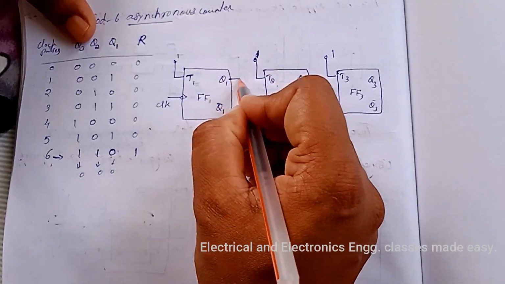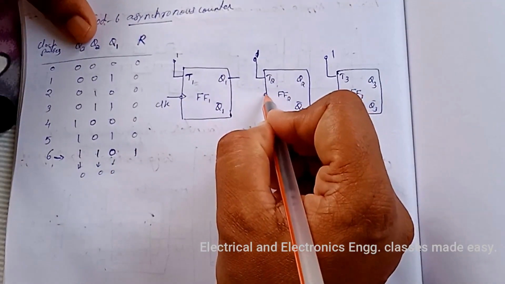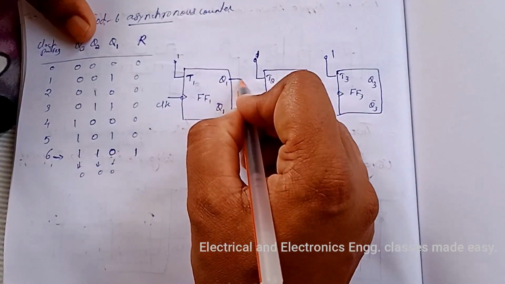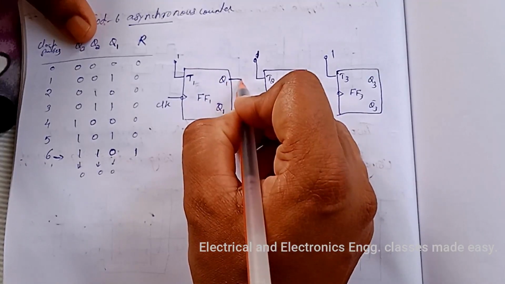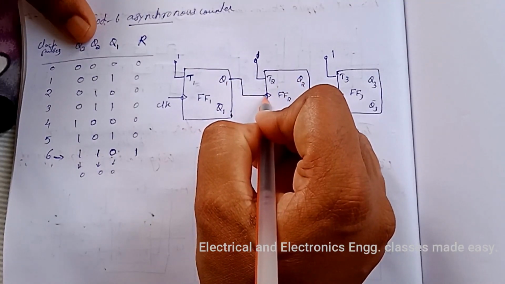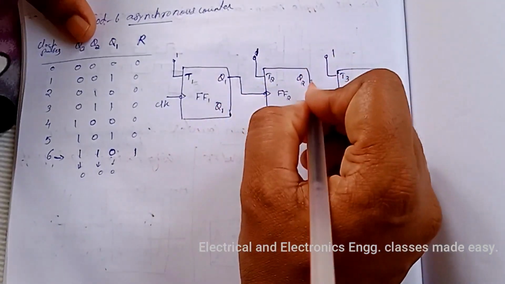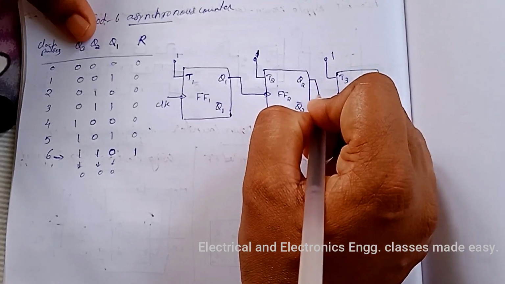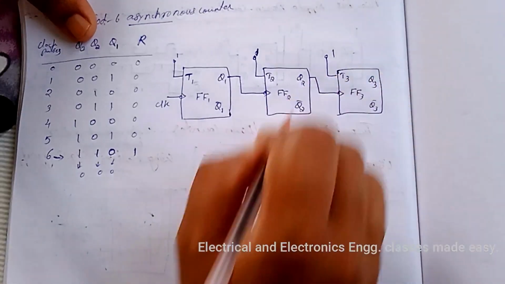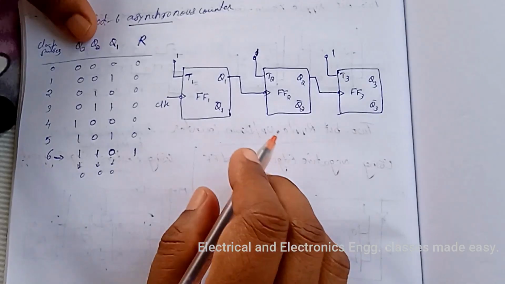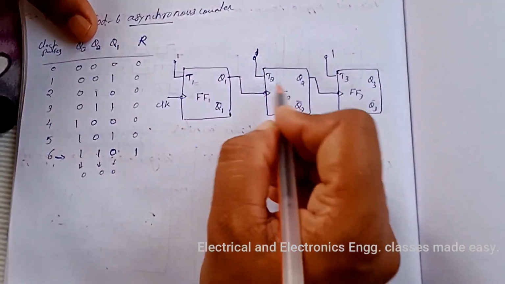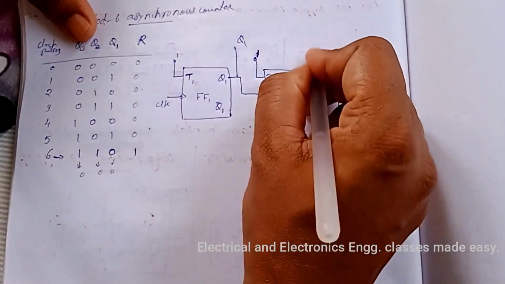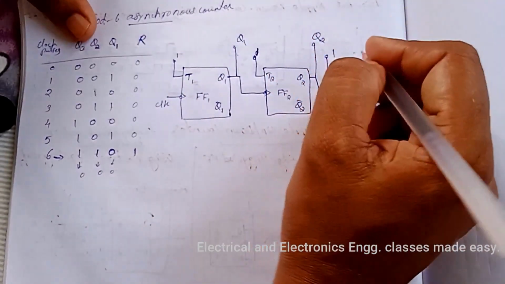Now this is a negative edge triggered T flip-flop. So Q1 output of the first flip-flop is given to the clock input of the second flip-flop. Then Q2 output of the second flip-flop is given to the clock input of the third flip-flop. Now Q1, Q2, Q3